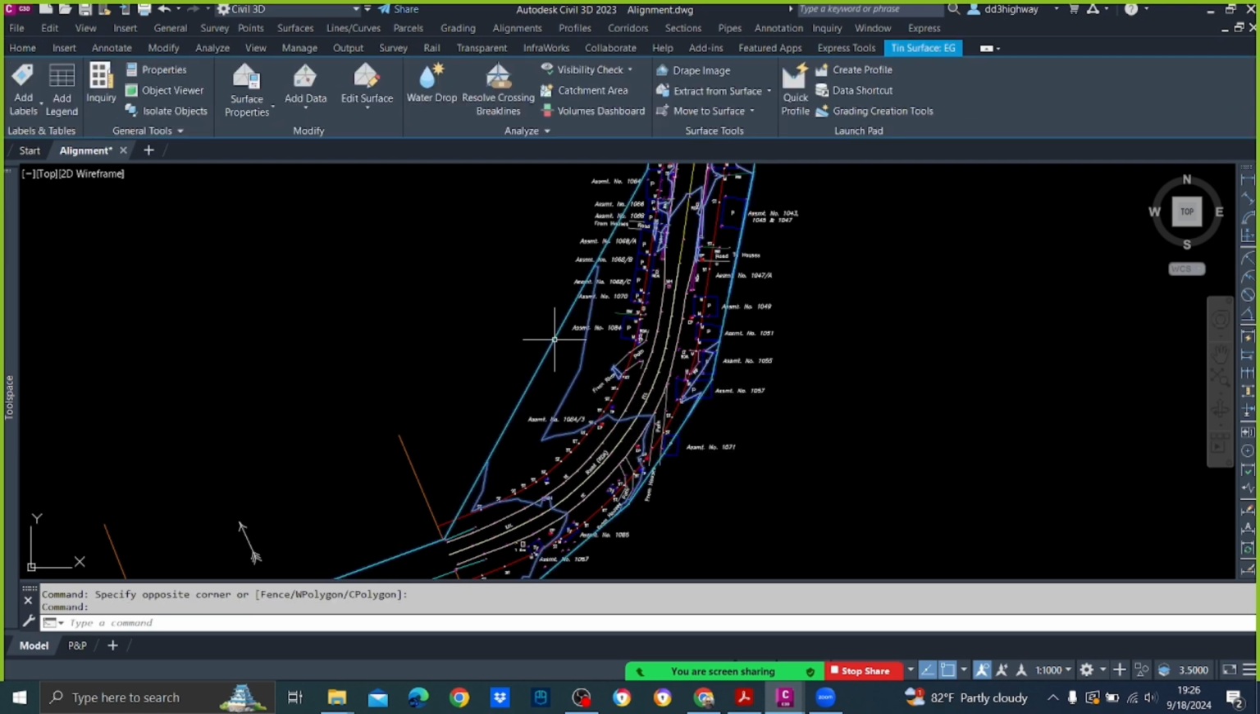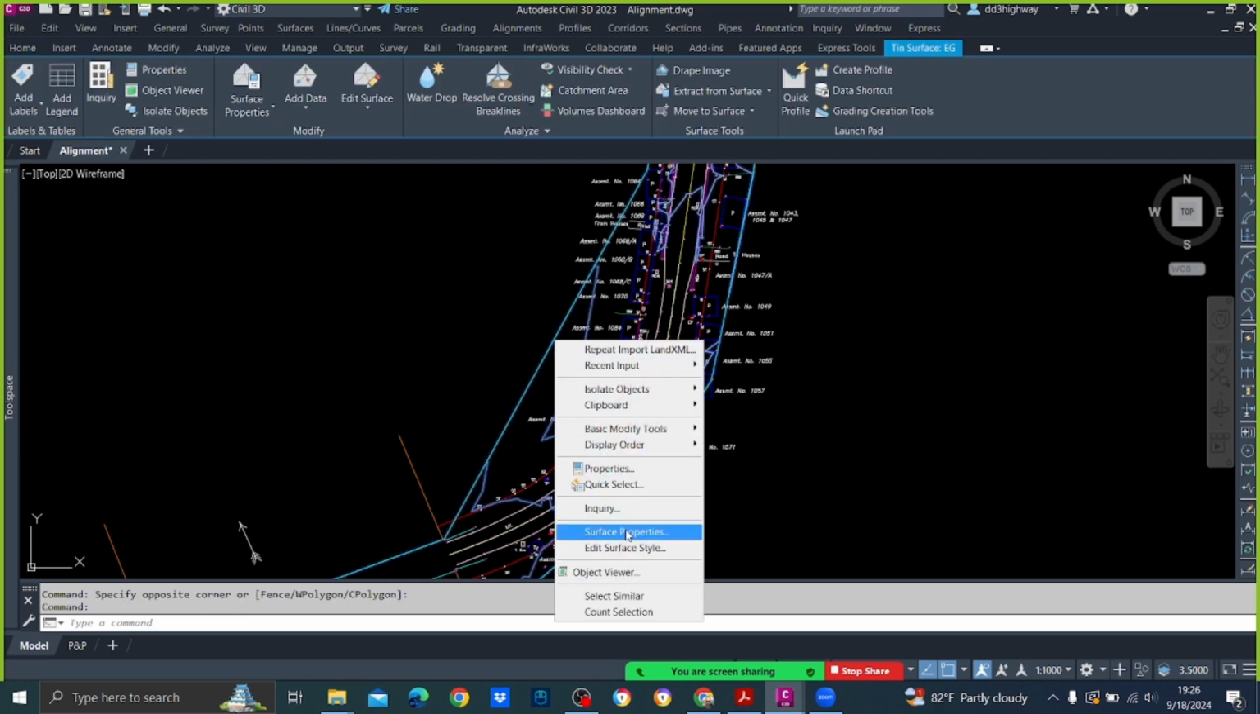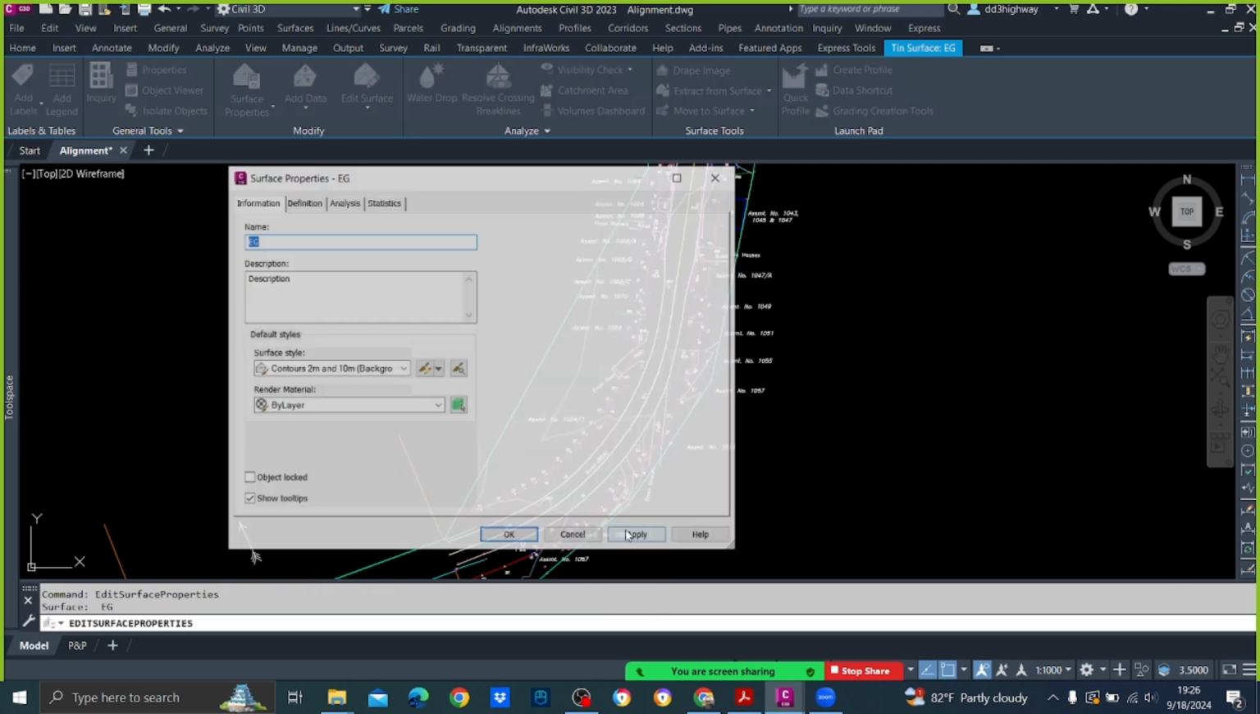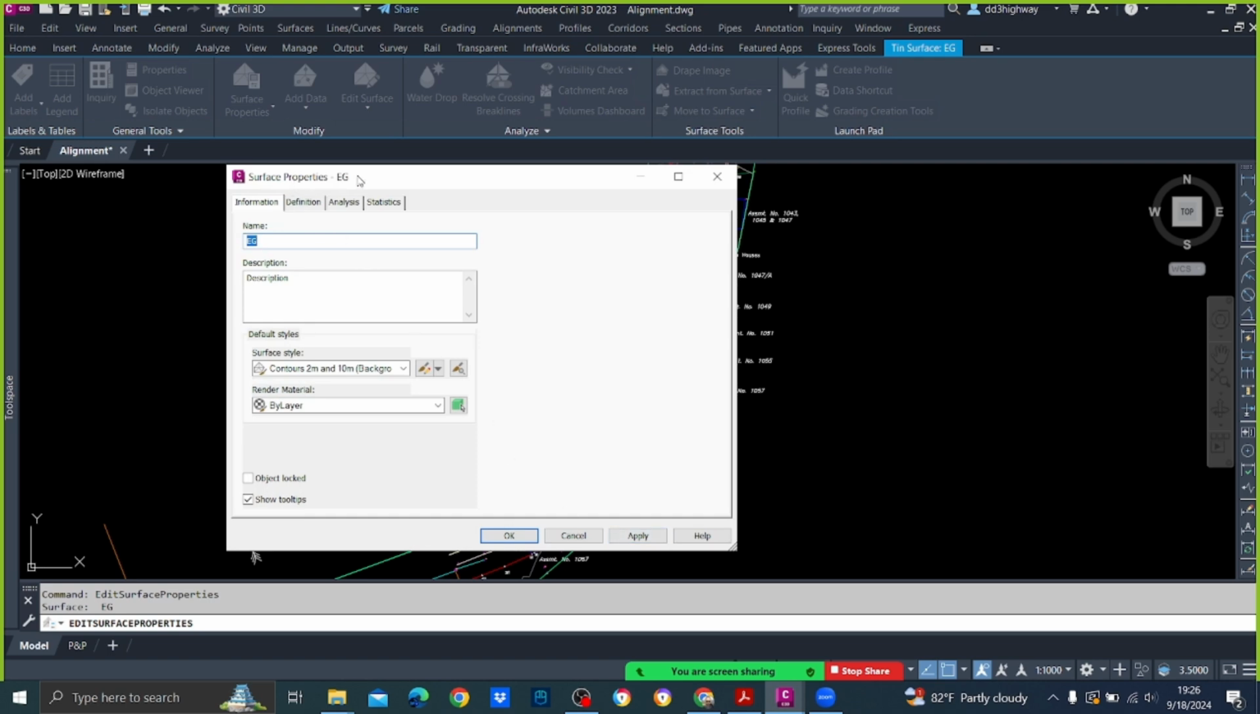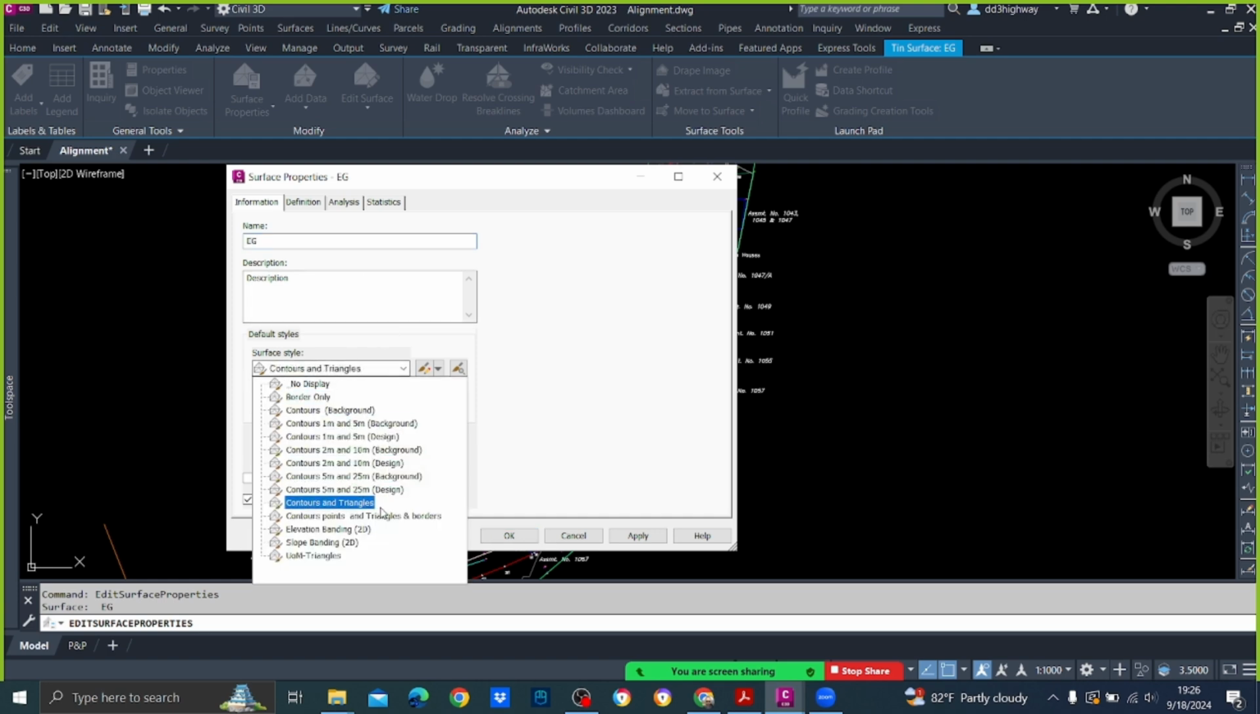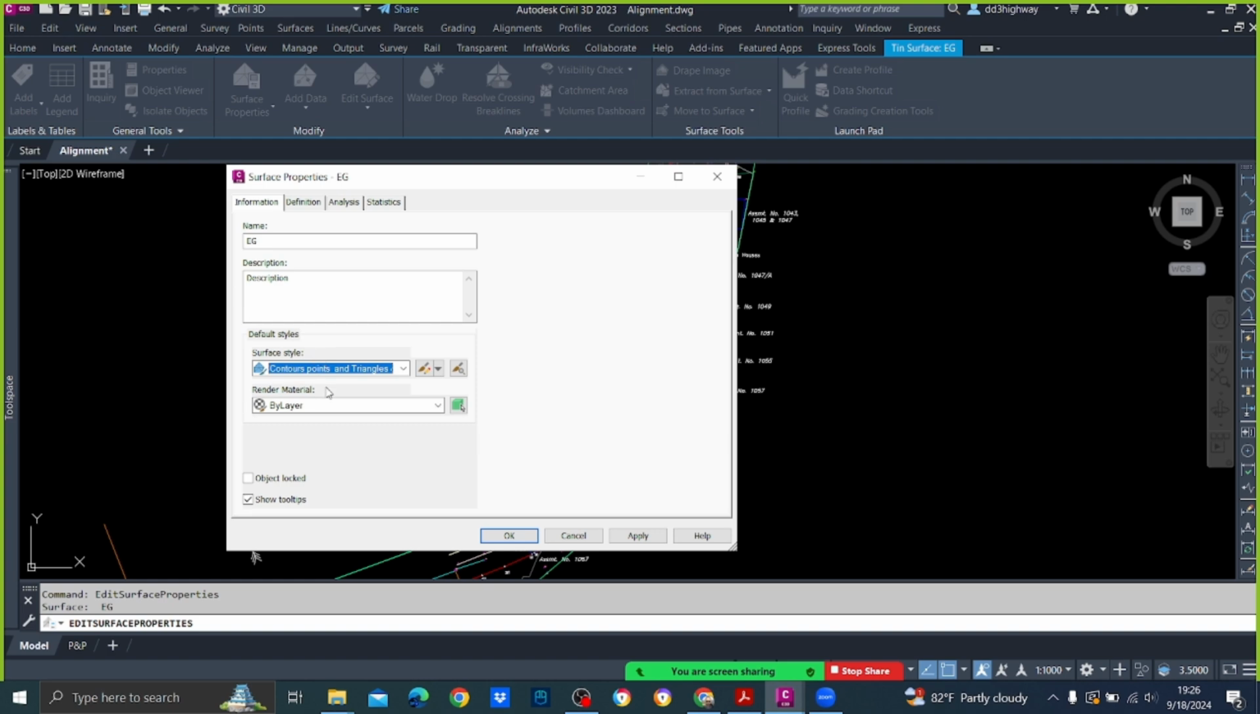You select the surface, you go to surface properties. Select the surface, go to surface properties, and here under surface properties, EG is the name of the surface, and under surface style you can go to contour points and triangles and borders. Then apply. Okay,